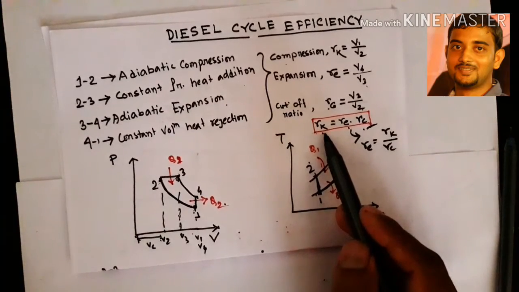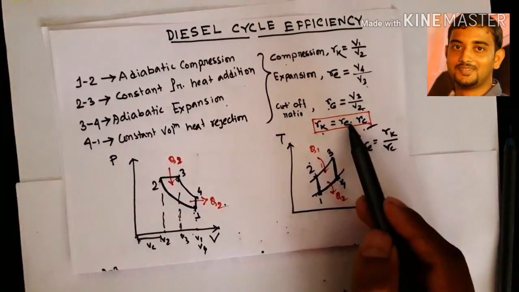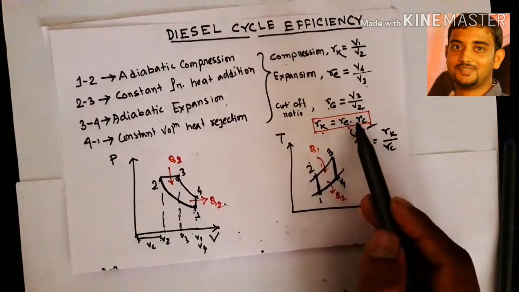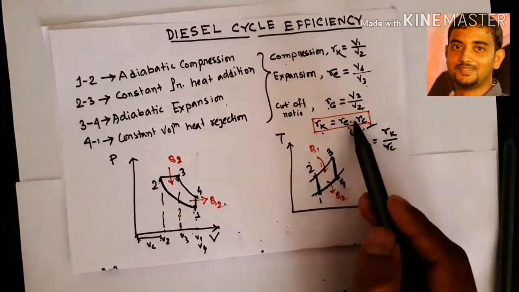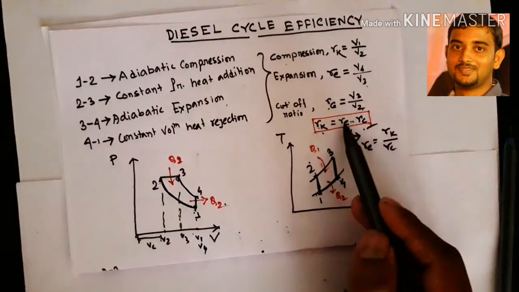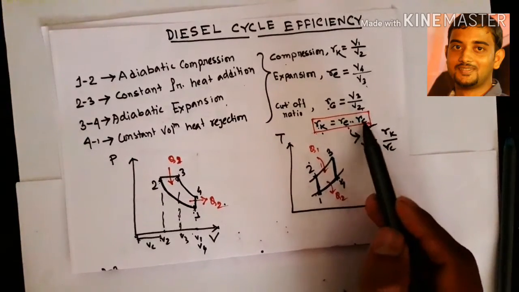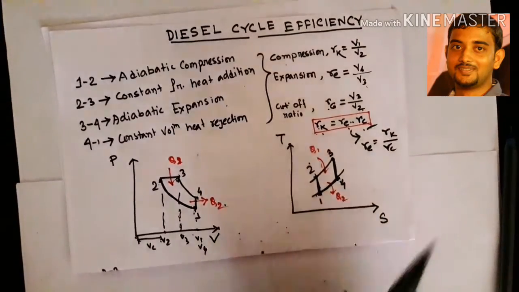The compression ratio is equal to the product of the expansion ratio and the cutoff ratio. Okay, now